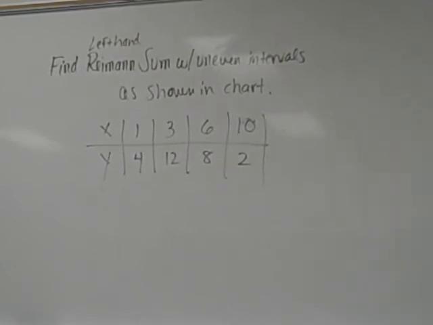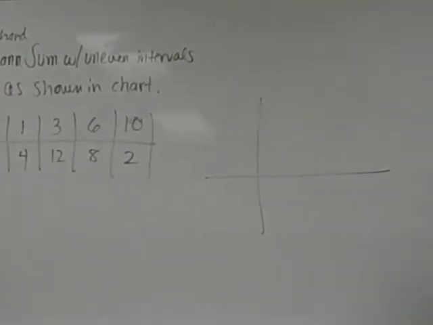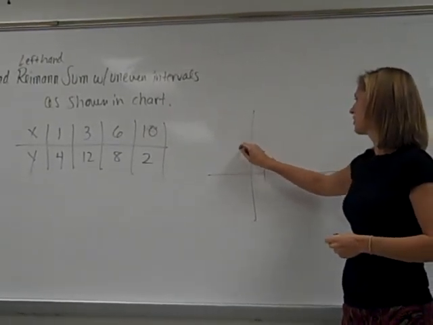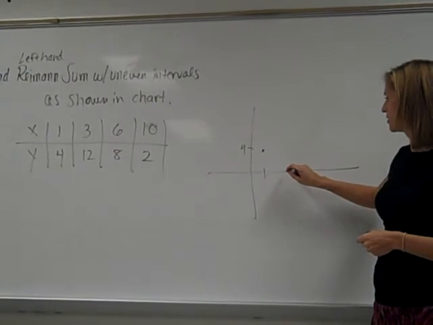Very often you're going to be given a chart of data, and part of the question is going to say, find a left-hand Riemann sum, and it can say with uneven intervals as shown in the chart. My chart does not have even intervals, but it doesn't matter. The way I approach a problem like this is I'm really visual, so I make a little graph of my values. When x is 1, y is 4, when x is 3, y is 12,